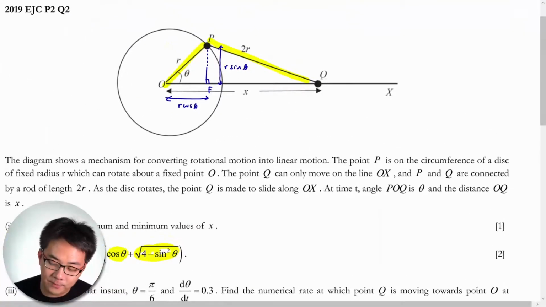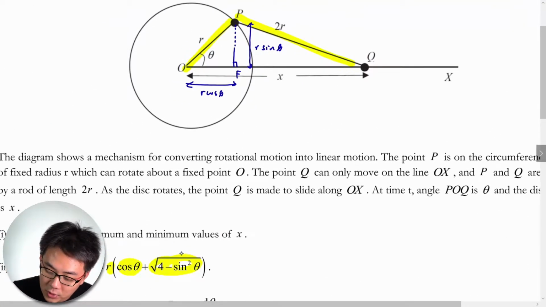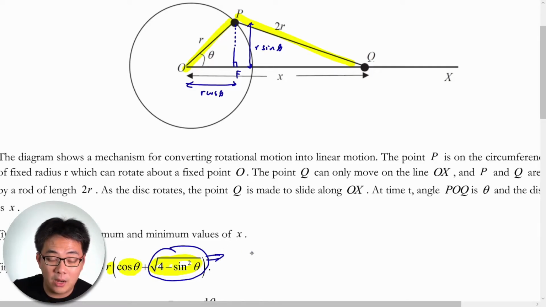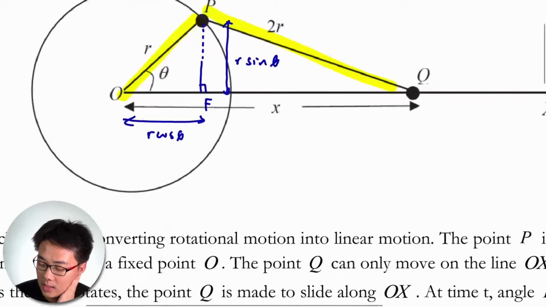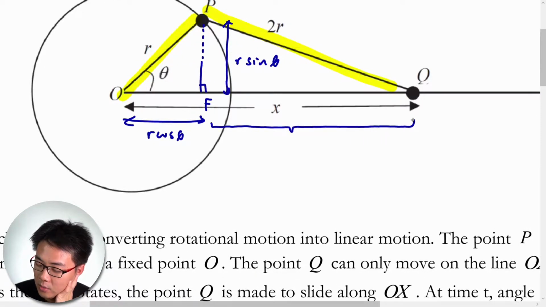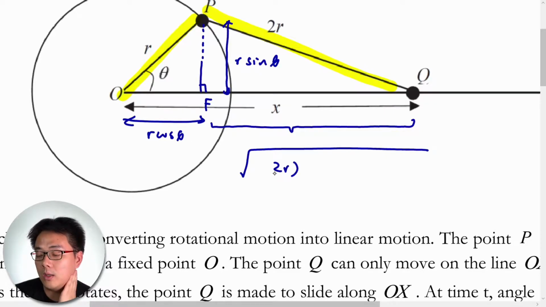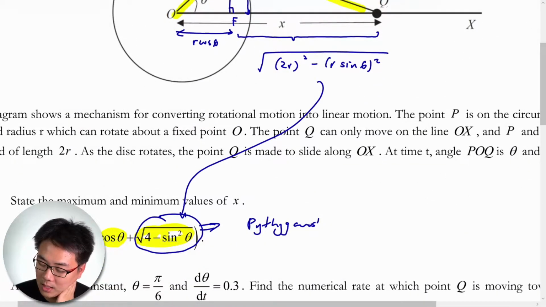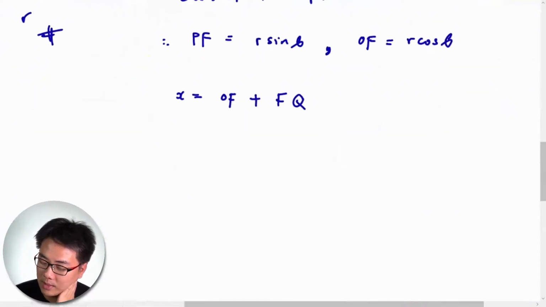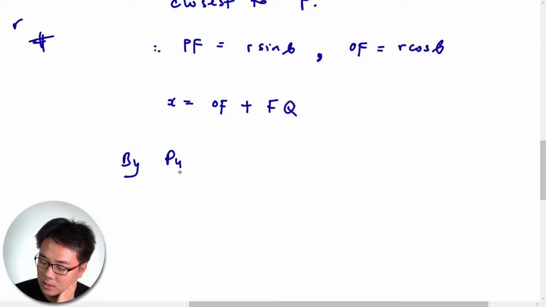So if you're stuck here, don't worry. What you need to do is just make sure you understand this part here. This is likely to be our Pythagoras theorem, right? Don't be distracted. So this part here, if you use Pythagoras theorem, you realize that this is actually square root of 2r squared minus r sine theta squared. Then there you go. This would be the r squared that you're looking for. So by Pythagoras theorem, we have